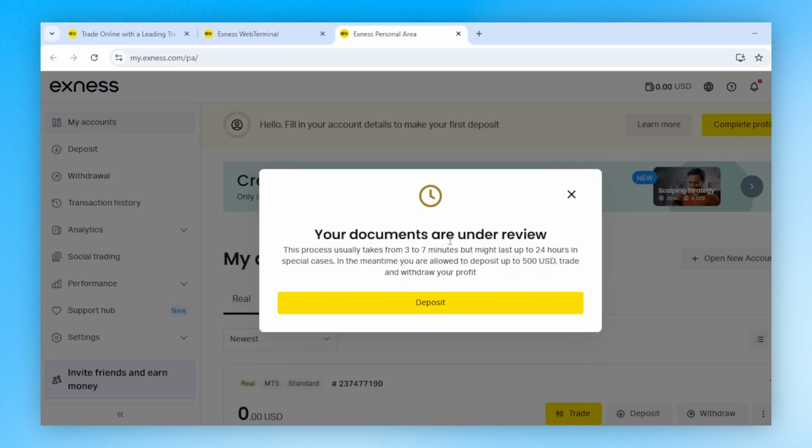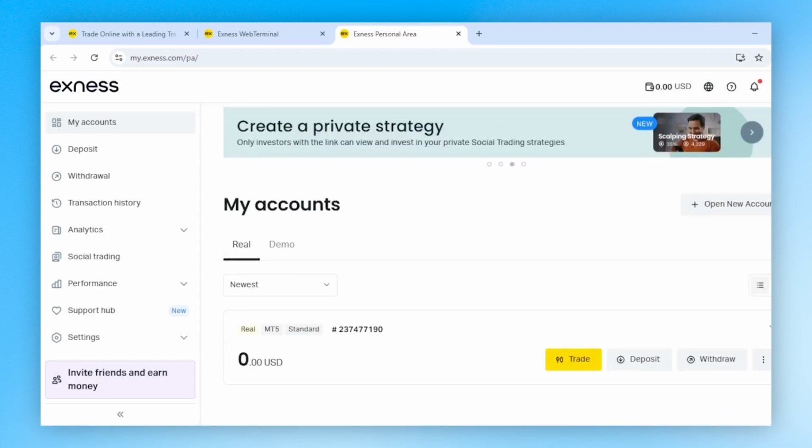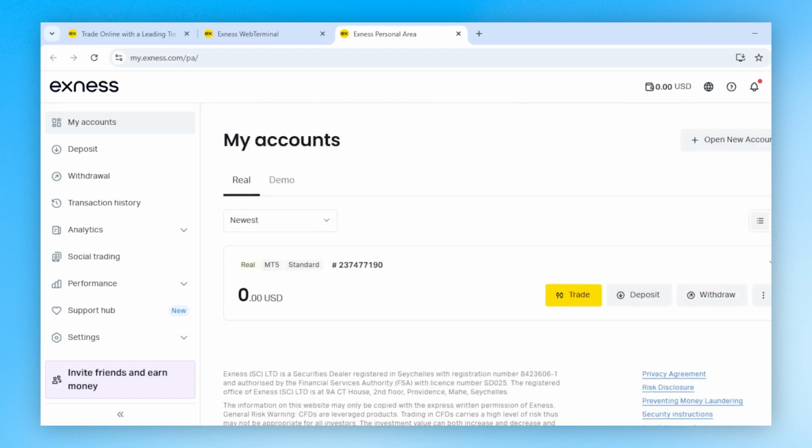Exness is telling us that our documents are under review, and until they approve the documents, we can go ahead and make a deposit. So I just took you through the process you have to undergo in order to verify your live or raw Exness accounts. So this becomes the dashboard of our accounts, the accounts that we just verified. And we have a raw account that we've not made any deposit into yet. So I just showed you how you can successfully create an account on Exness and how you can verify it,